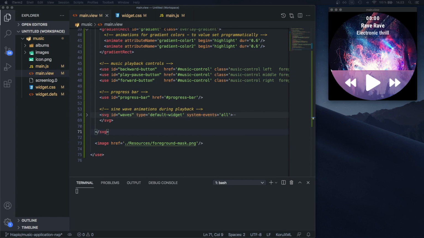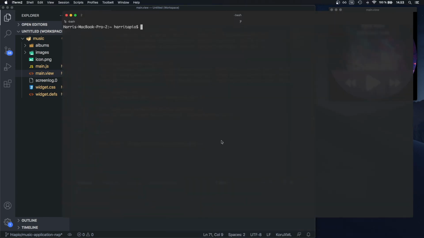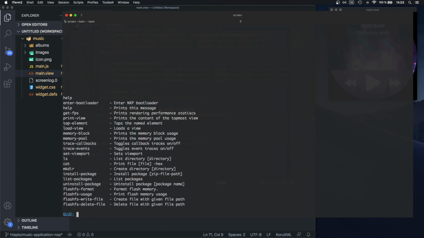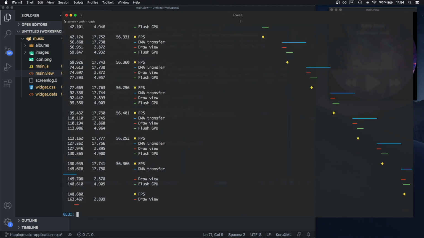Next, let's take a connection to the actual development board and see what kind of performance we are getting out of it. So here we have our own shell, and we can use the get FPS command to get some prints of what is going on with the rendering. So here we can actually see a printout of multiple frames being generated. The blue bars actually represent the DMA transfer when it starts, when it ends. The red represents the Koru part, which we take to actually draw the view, and then the green for flushing